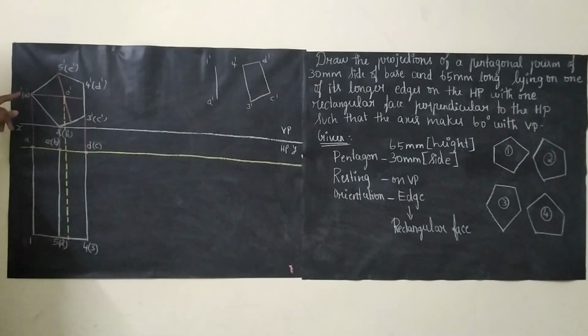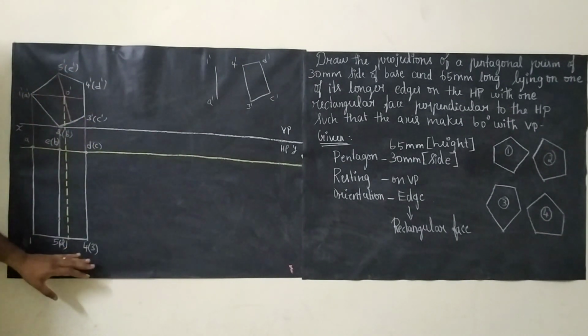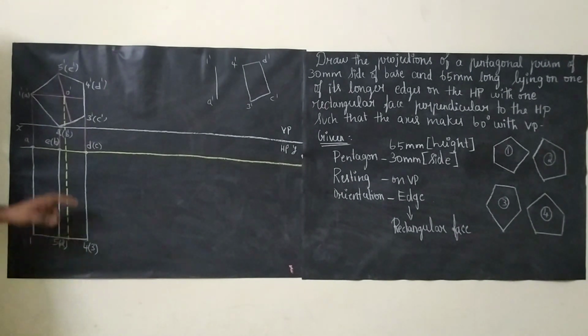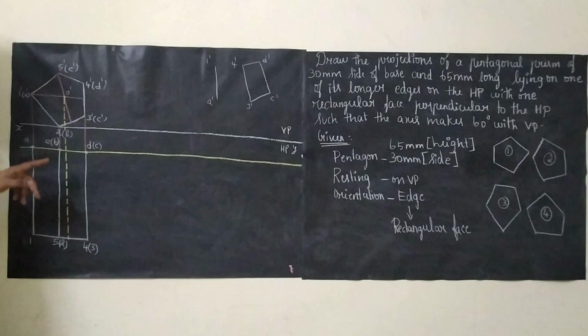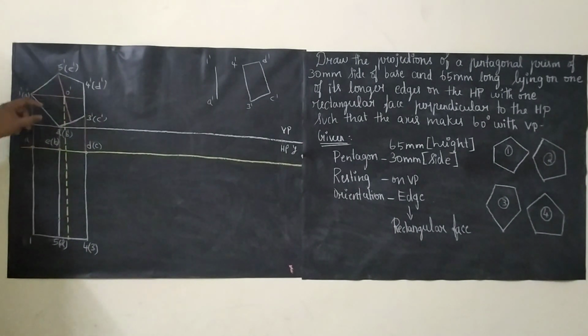Then naming: you can see A, you can see E, but you can't see B, so E is inside B. You can see D, but you can't see C. The same thing for numerals. You can see 1. You can see 5, but you can't see 2. You can see 4, you can't see 3. So that's what I have written here. This axis length should be extended till this. This axis should be drawn with one bigger dash and one smaller dash.